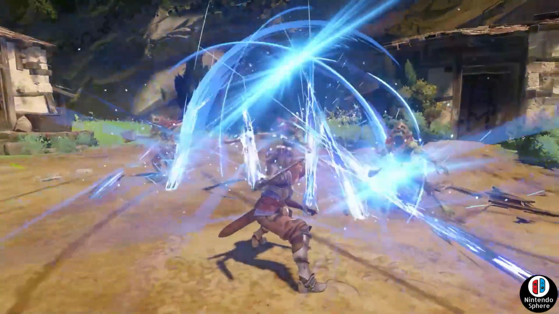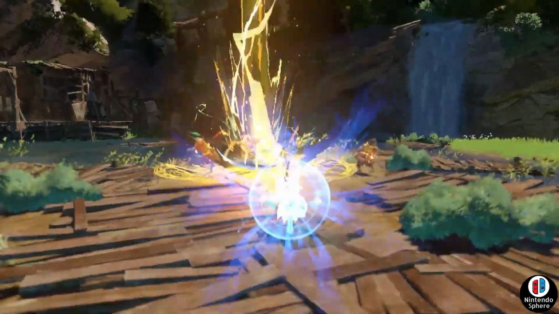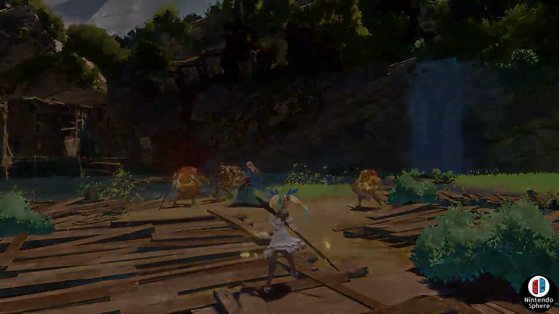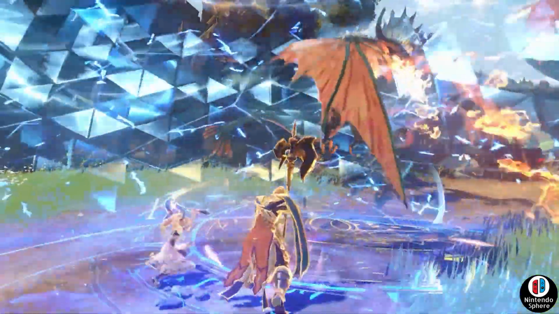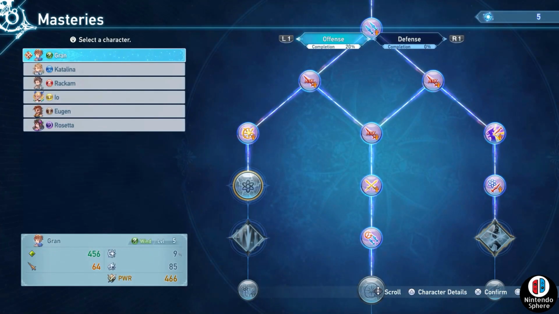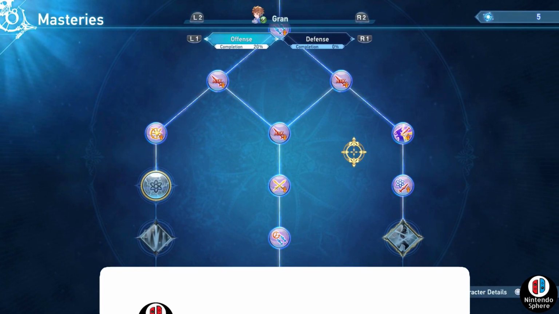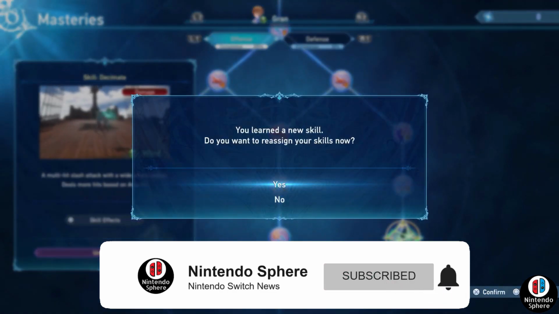Granblue Fantasy Relink is officially set to release onto Steam and PlayStation 4 and PlayStation 5 consoles February 1st of 2024. And after this Gamescom presentation event and all of the shenanigans that went on, plenty of brand new details have been revealed. And today I wanted to go over 5 brand new combat features that are going to be